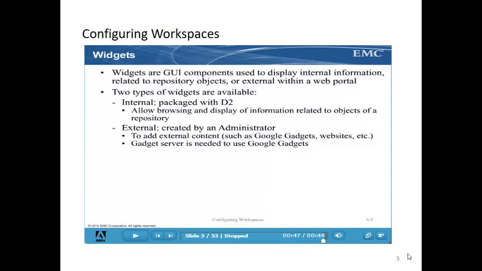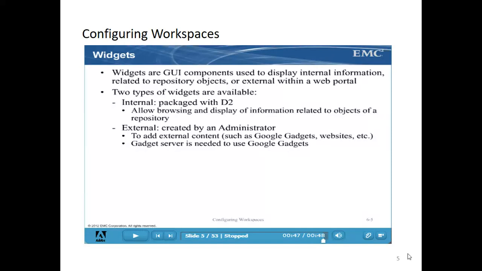First, widget. Widgets are GUI components used to display information. You can display the objects inside the repository, or using an external widget you can display other external web applications also. Widgets come in two types: internal widget and external widget.